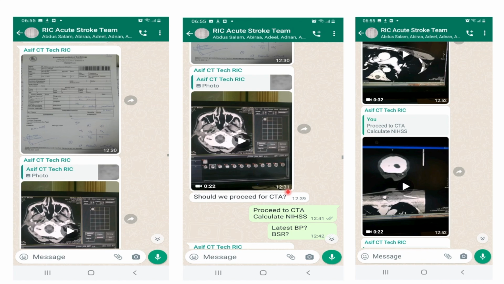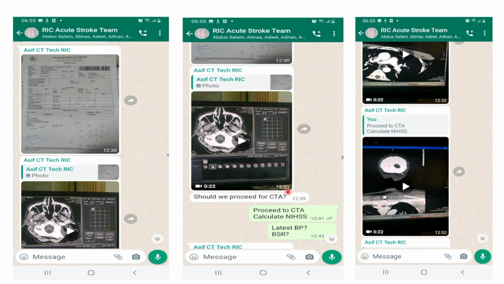and the stroke team on call is alerted that there is a case uploaded on the WhatsApp group. They will review the CT on the WhatsApp, especially if it is after working hours when everybody has gone home, and the on-call team also works from home at present. So they will decide on the CT brain if the patient qualifies for TPA or not, and then they will write down the message,